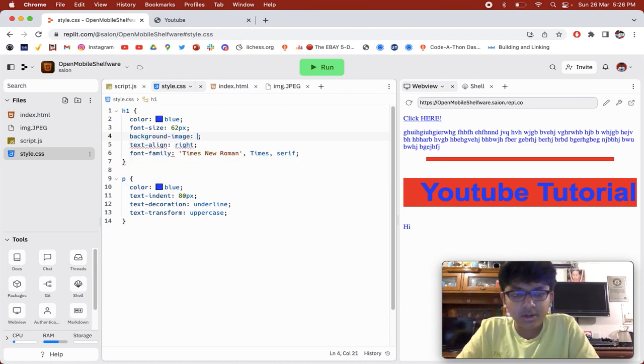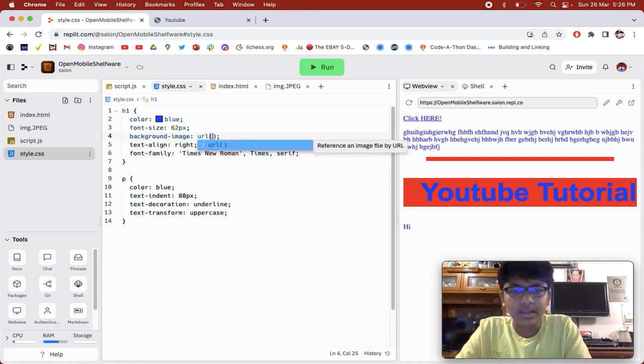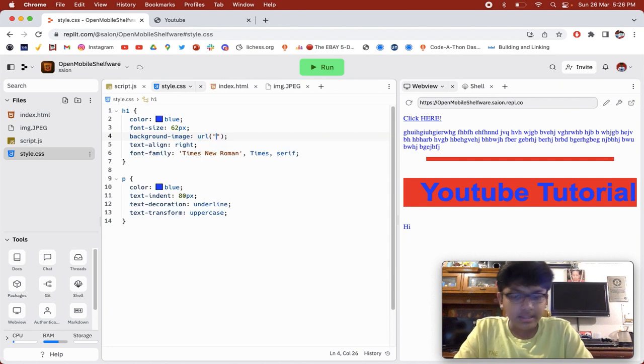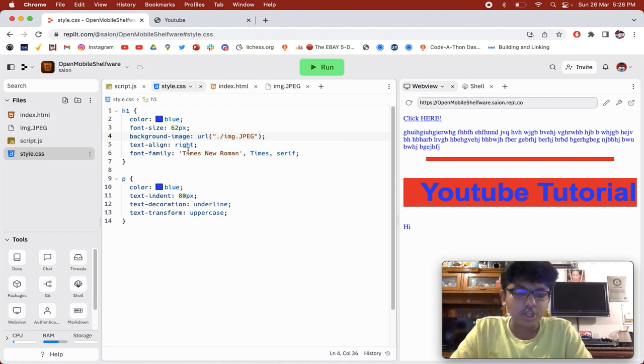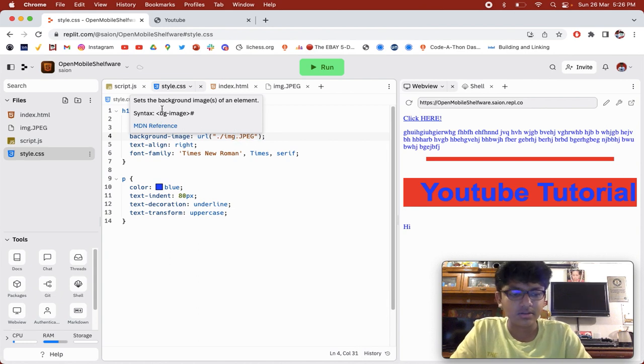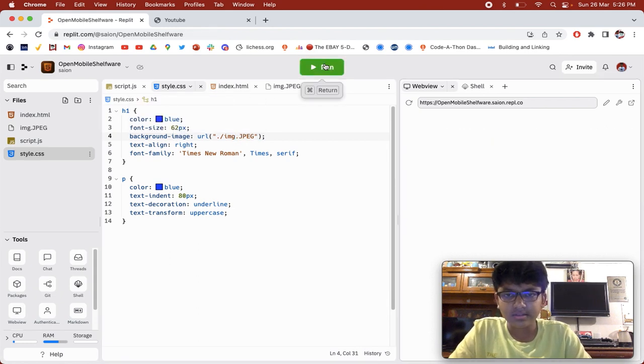So if I say background image and then I'll say URL. URL basically says give the path of the image, right? It wants the path of the image. So I would say URL and I'll say dot slash because our image is in the current directory, and image dot jpeg. So this will essentially change the background to my Guinness certificate. So if I run this,